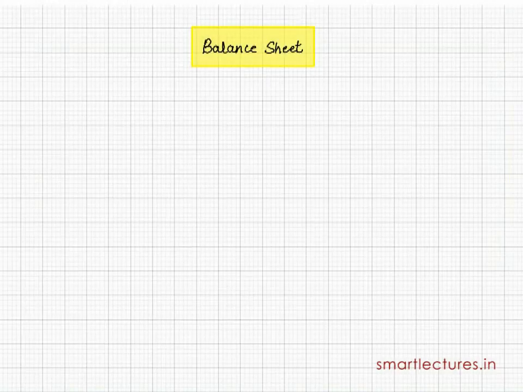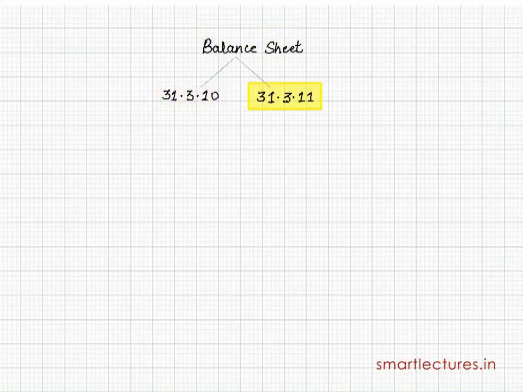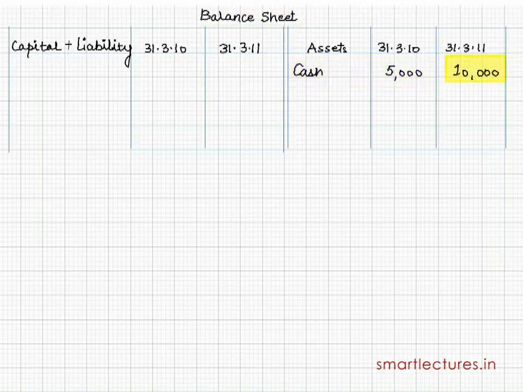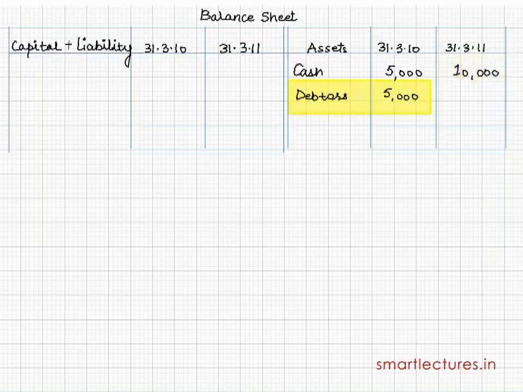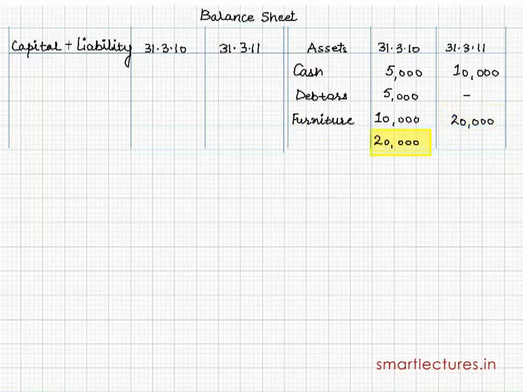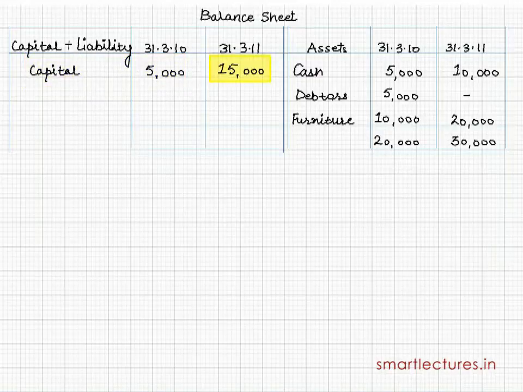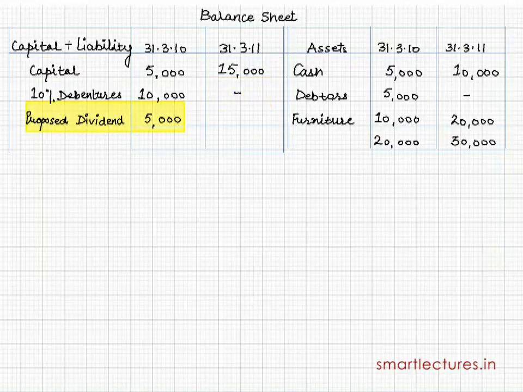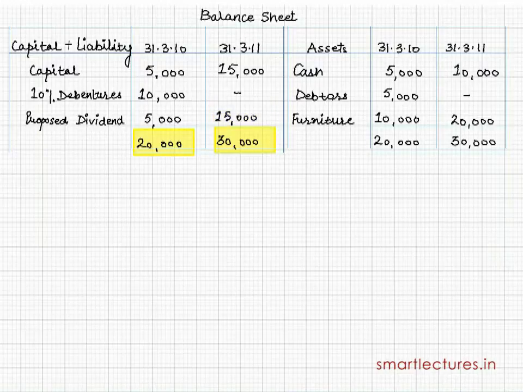Suppose two balance sheets are given to you, 31st March 2010 and 31st March 2011. Assets: cash 5,000, 10,000. Debtors 5,000, 0. Furniture 10,000, 20,000. Total 20,000, 30,000 rupees. Capital 5,000, 15,000. 10% debentures 10,000, nil. Proposed dividend 5,000, 15,000. And you are supposed to prepare cash flow statement on the basis of these two balance